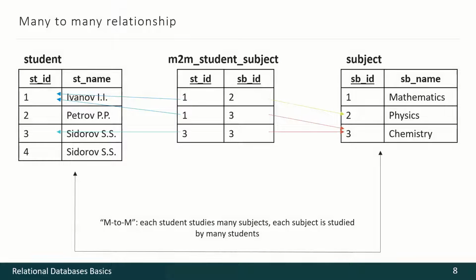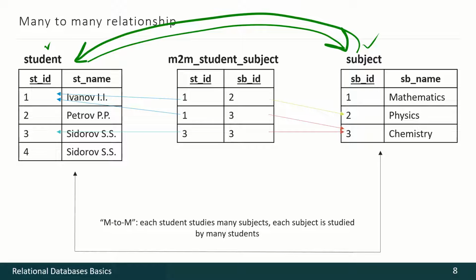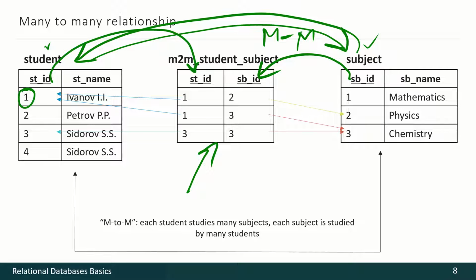This is the same example with data. We have students here and subjects, and of course each student learns a lot of subjects, and each subject may be learned by a lot of students. So this is a many-to-many relationship. This is our association entry. So the primary key from here migrates here, and the primary key from here migrates here. And data migrates also. We may see that this data is just copied. This is how a many-to-many relationship looks like.